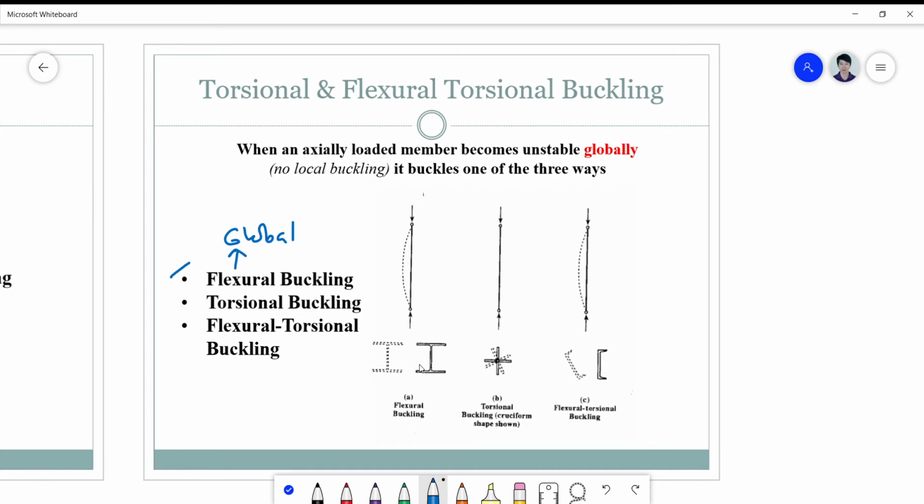So it is a bending on one axis only without any torsional or flexural torsional consideration. And this is more